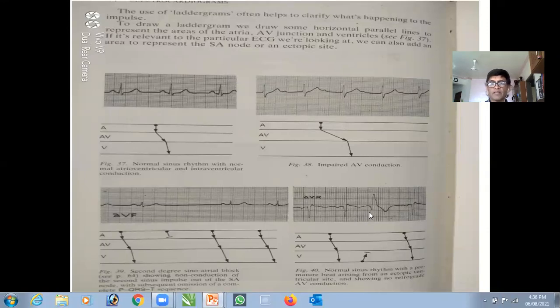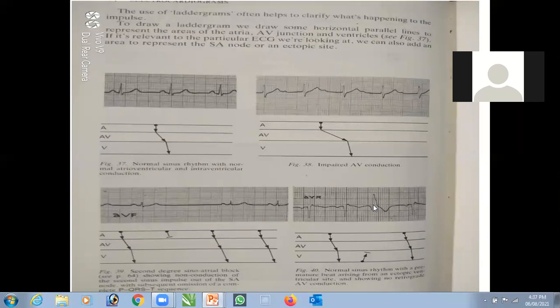Okay. How many millimeters is it? 1, 2, so almost 3 to 4. And in this, how much is it? 1, 1.5. So when the QRS becomes wide, it is either an ectopic or a bundle branch block. Next time I will take bundle branch block. You have heard of left bundle branch and right bundle branch. So today the axis was clear.